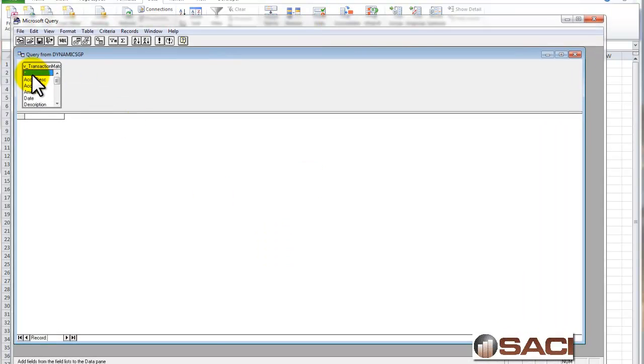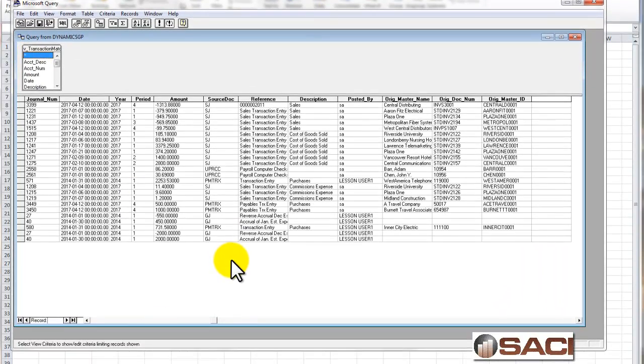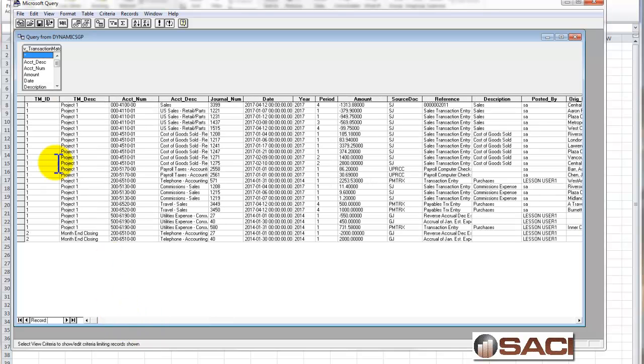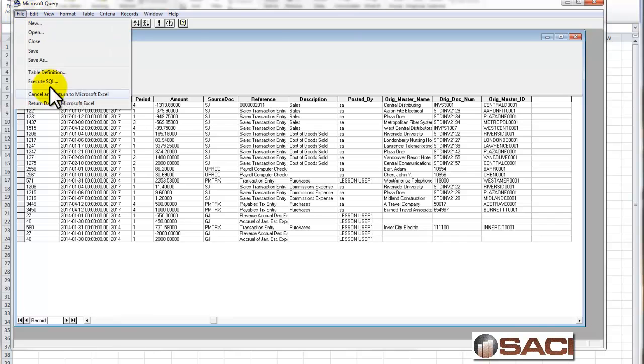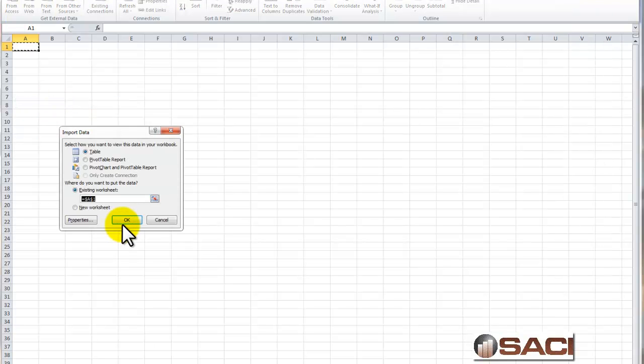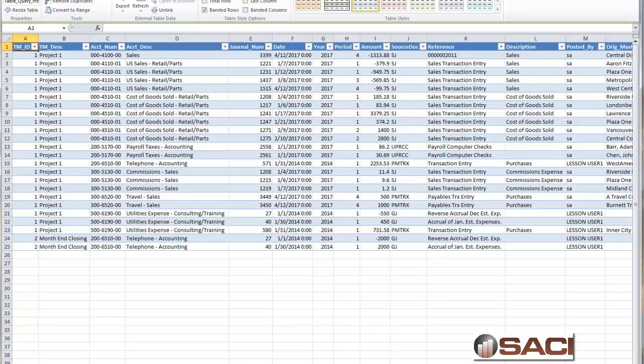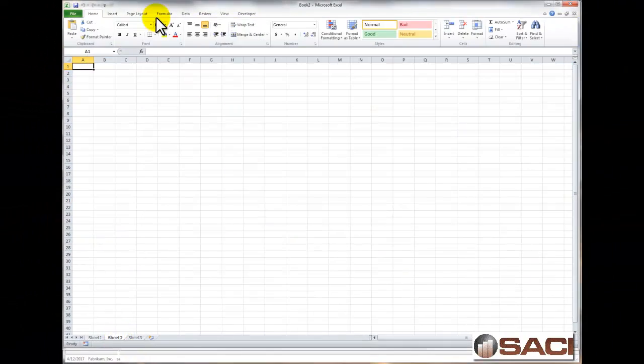And let's take a look. So I'm going to just add every column that I've put in. And you can see I've added quite a few columns. So I have the link number, the description. There's the one we just created. Account number, account description, journal entry, the date, the year, the period, the amount, the net effective debit and credit, source document, reference, description, and who posted it, and if it came from another module, that module information. So I'm going to return that data to Excel, and now I have the capacity to do a power pivot